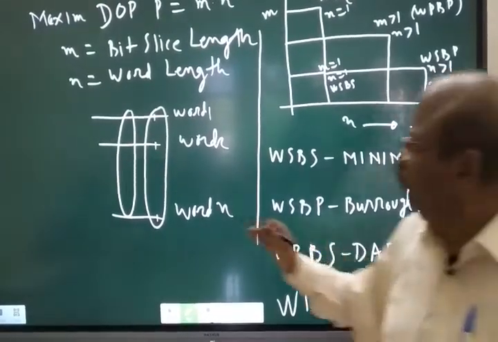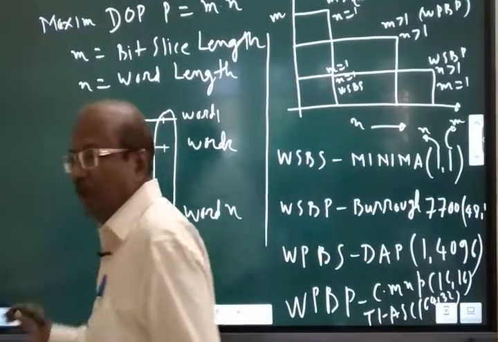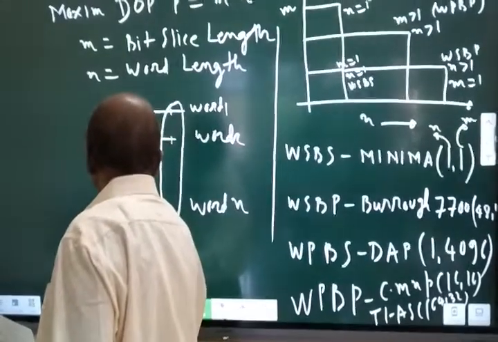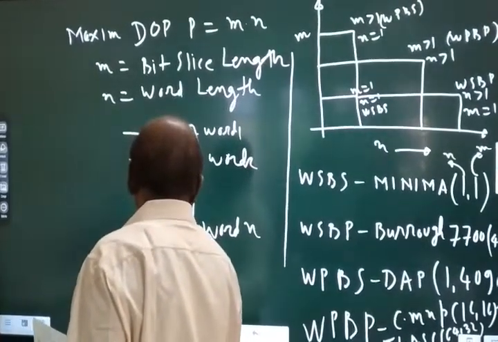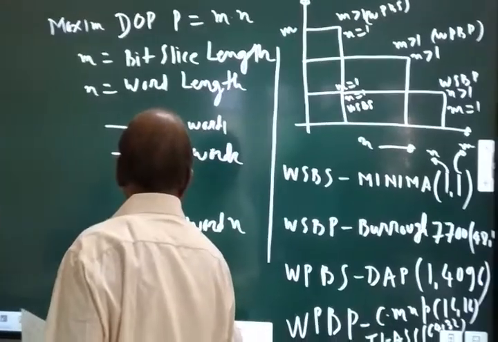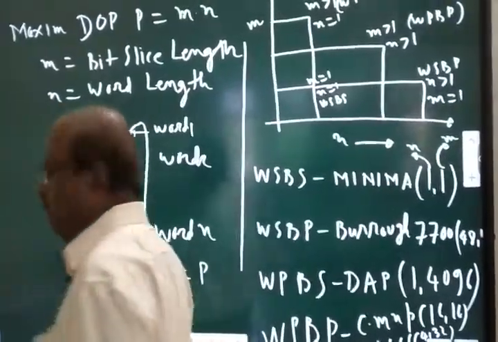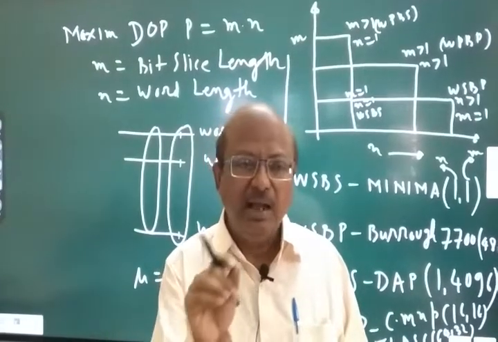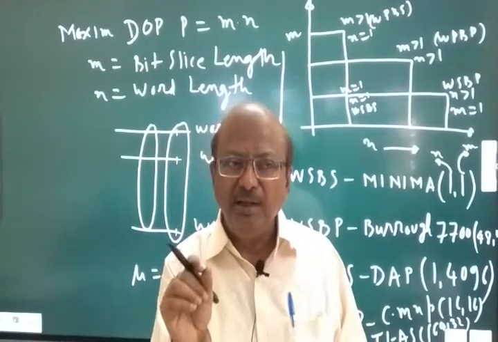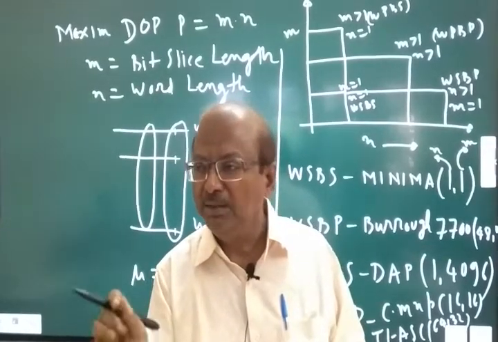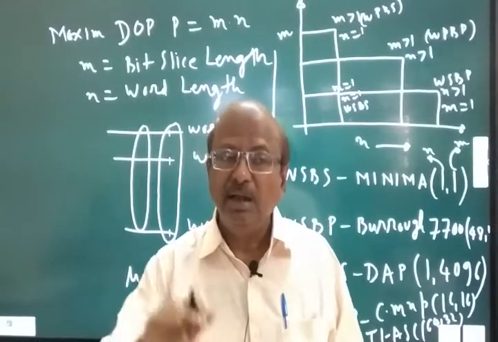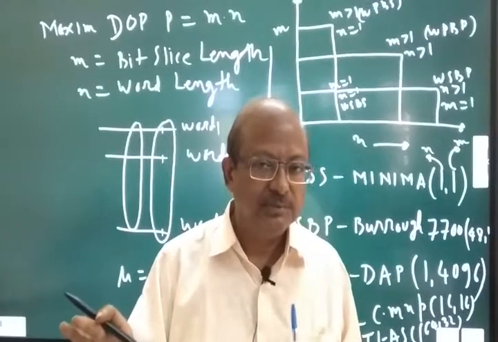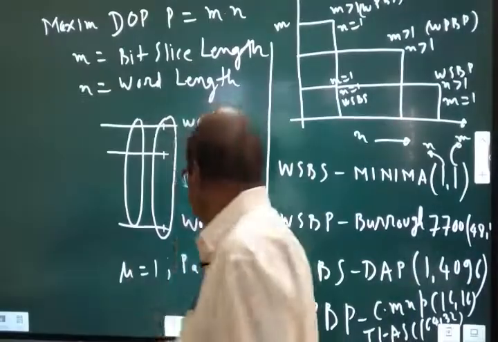One thing more I had forgotten. Suppose the utilization factor mu is 1. Then this means PA is equal to P. That means if the utilization factor is 1 or 100%, then the average degree of parallelism and the maximum degree of parallelism are equal. That means the computer and all the processors are fully utilized. So this is all about this.